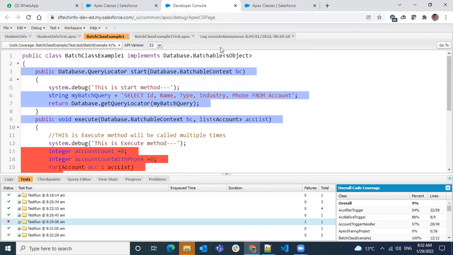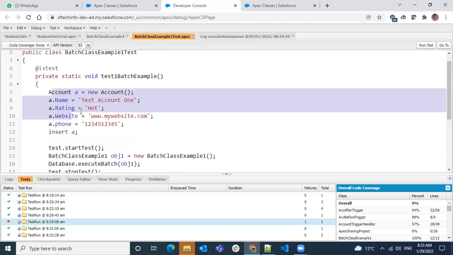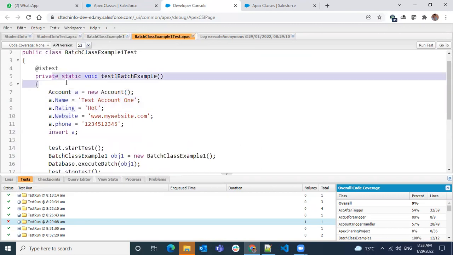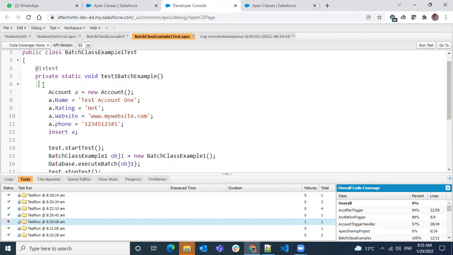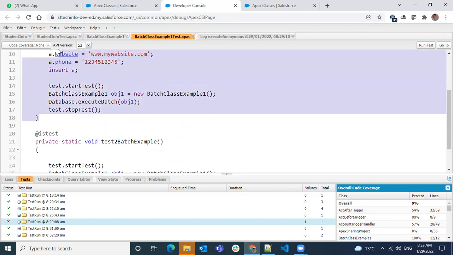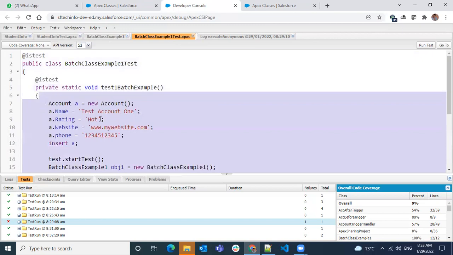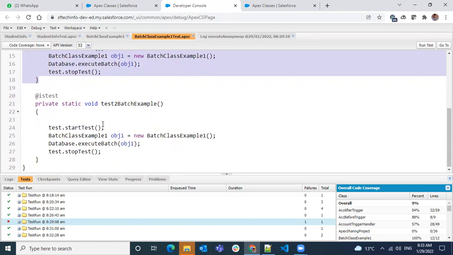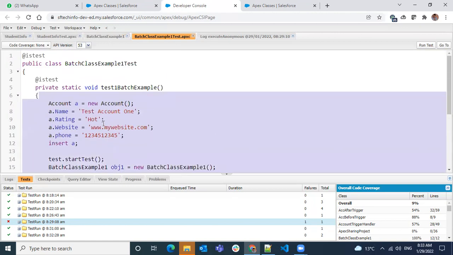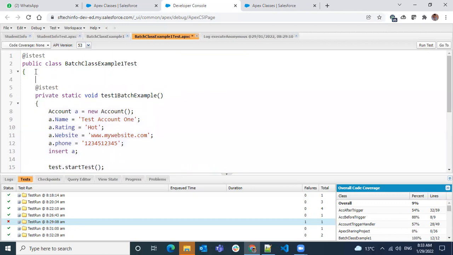So what it means is, whatever test data you create inside any test method, its lifespan will be only for that method. That test data will not be available for the other methods. But if you want to create test data, or a piece of code, that has to be available commonly for all the methods, then we need to create a method